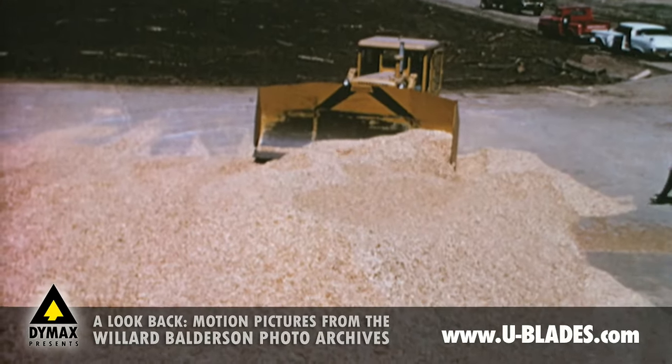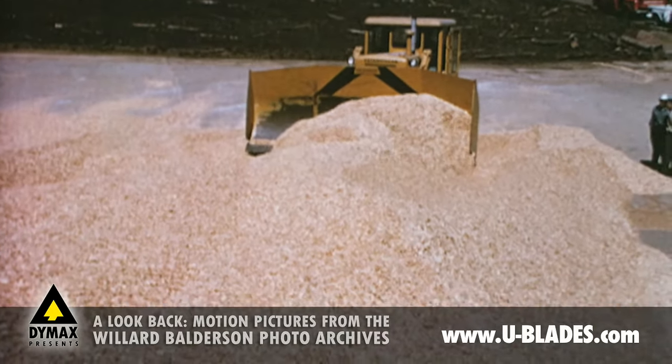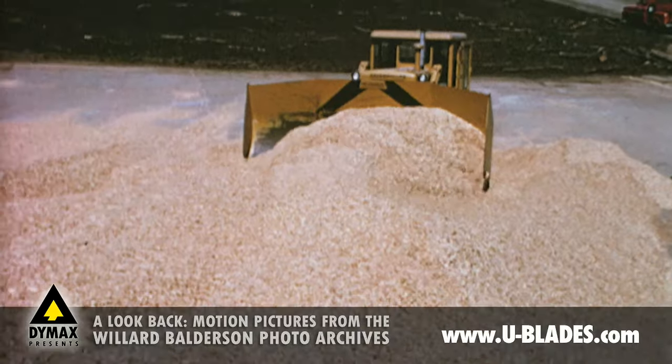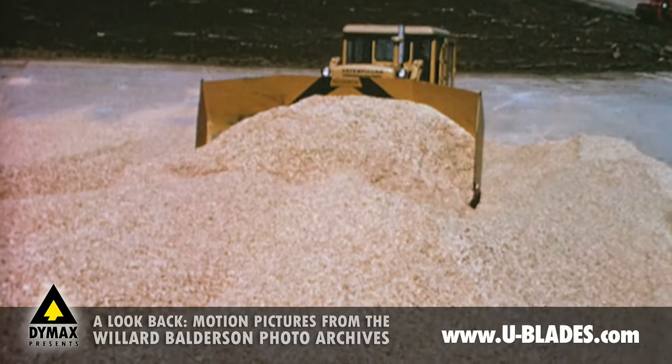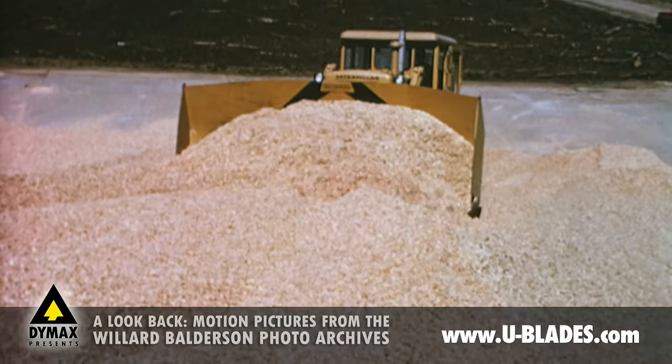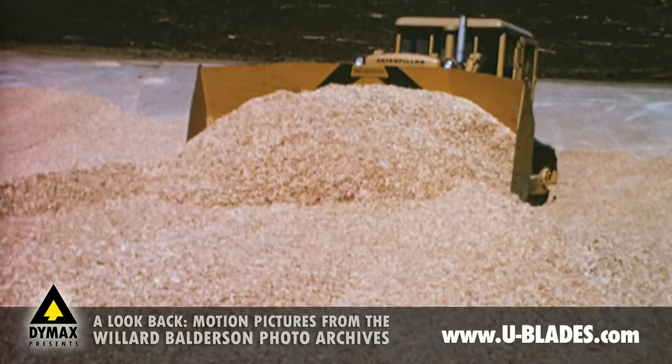For that reason, companies with big yard problems in wood chip storage and movement have turned to the specialized facilities of Balderson for blades suited to their needs. Here at Hodge, Louisiana, a BD7U with a 15-foot 6-inch blade and a special 74-inch high mold board